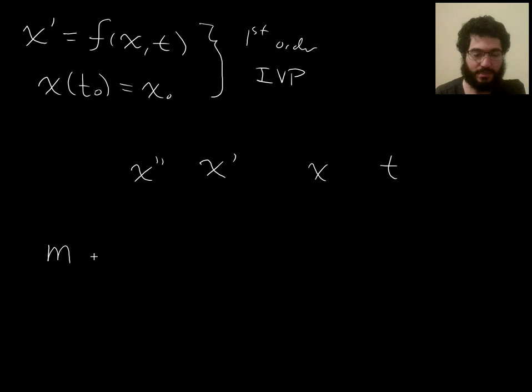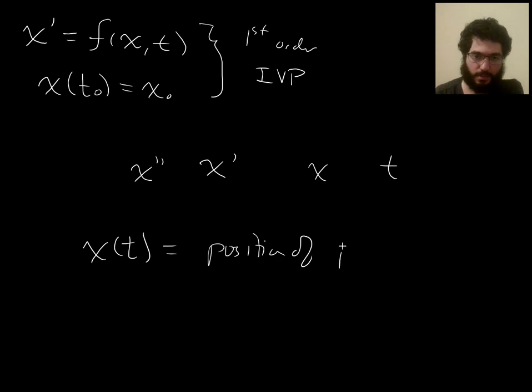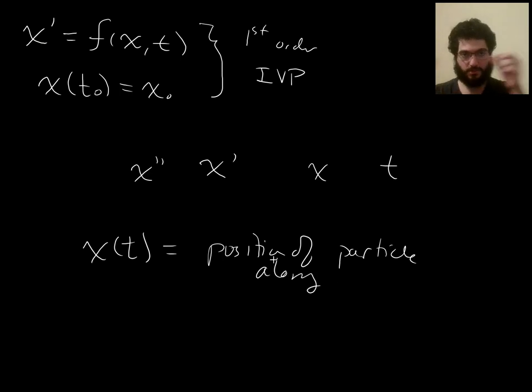Newton's second law says that, applying it in one dimension, so that we have one unknown function only, if x of t is the position of a particle along one line of motion that it's allowed to move along, a line,